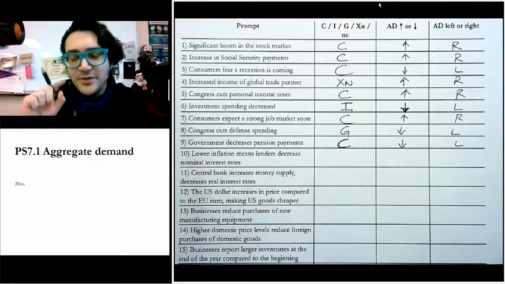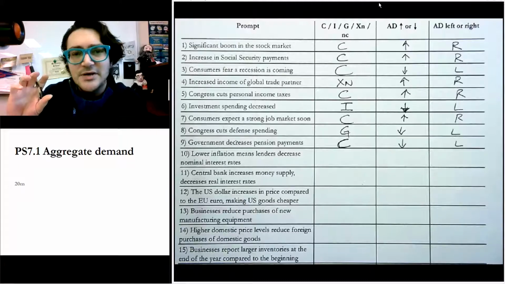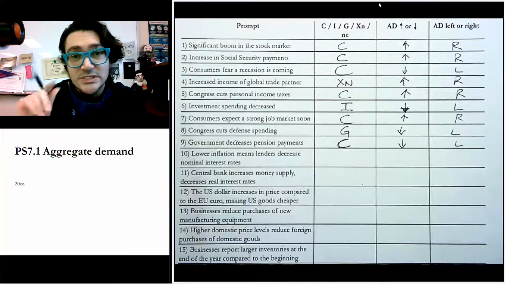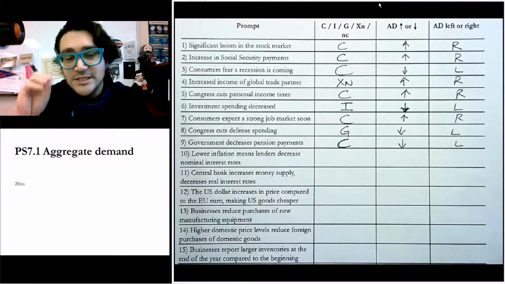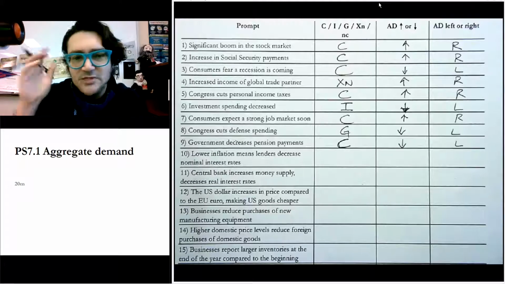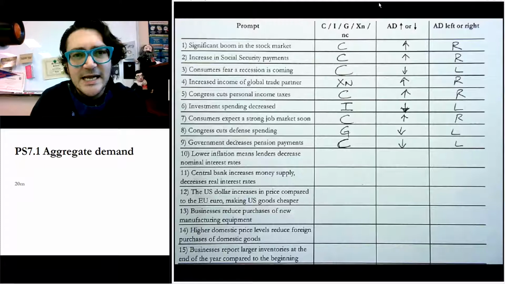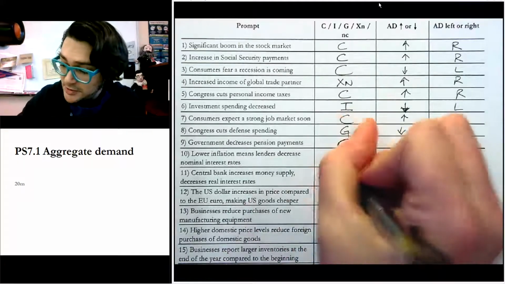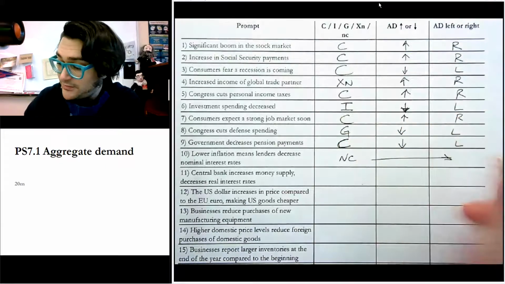But we shouldn't think that that's going to shift aggregate demand. If lenders changed interest rates and it was totally unrelated to price levels, then it affects aggregate demand. But if we start with inflation, that should be a little key in here. If we start with price levels or inflation happening, it's not going to affect aggregate demand directly. It's just going to cause a movement along the curve. So this is no change, and we'll just carry that through.